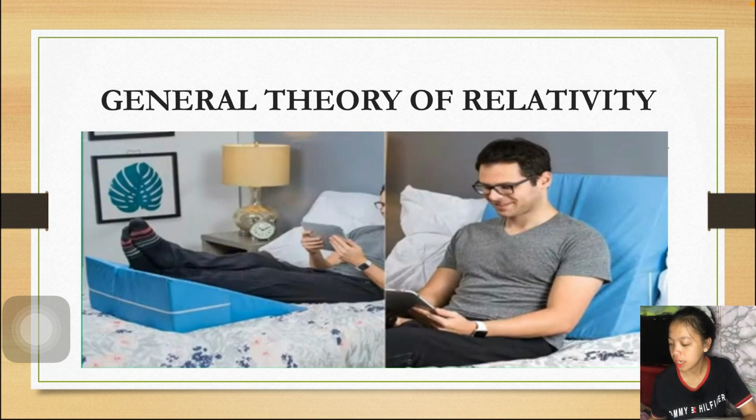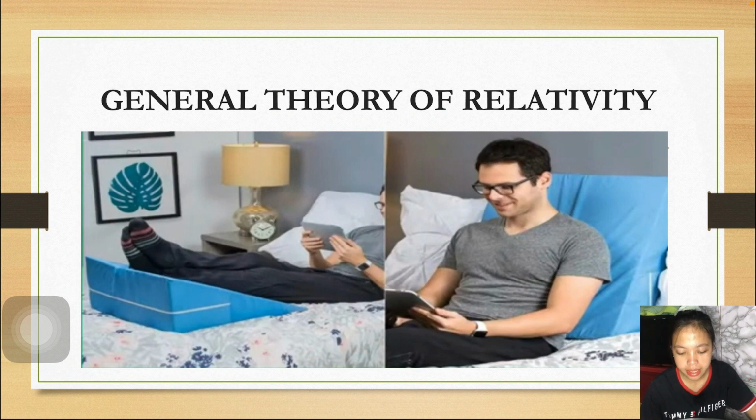Imagine a soft bed where you lay your back and relax, but because of its softness, it depresses as you jump on it to lay down. Why? Because your weight pushed the bed downward. For example, this is likewise how Albert Einstein explained his theory on how space can be affected by the mass of an object. He said that when a mass is placed in space, the space will curve to the